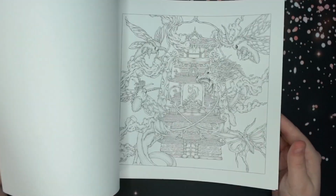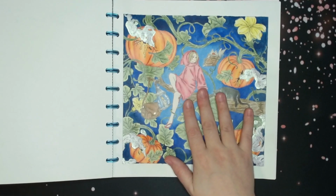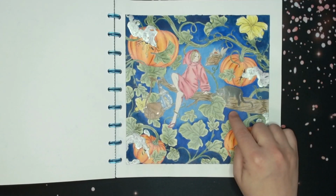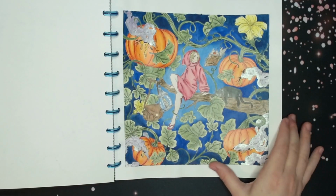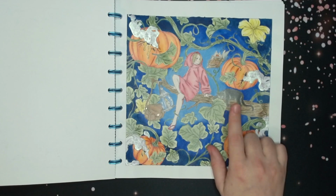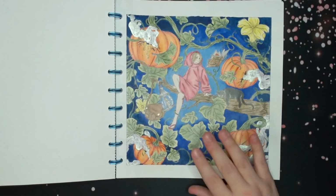I have one page colored in here, and it was from early. It was actually, was this our first color along? No, it was not our first color along. I had a heck of a time with it though, because I think it was the first time I had used Neocolor 2s in the background, so I was struggling a little bit with this page, but I ended up liking it. And I struggled with the cat because it was a black cat, and I didn't know how to shade him so you could still see his features. But anyways,